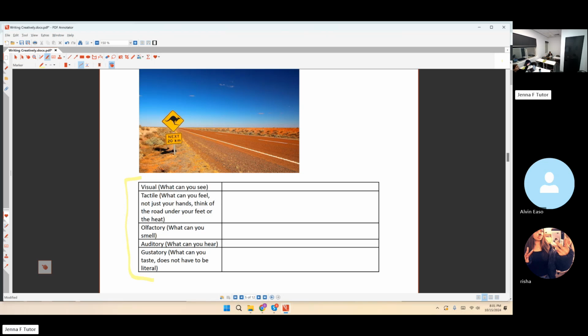So for example, I'm sitting here. When I breathe in, I don't really smell anything too distinctive for me to comment on. If I was trying to describe this room, maybe I could say it's a clean, sterile smell. Or you could say, for example, the smell of sweaty year 12s who forgot to put on deodorant before coming in. Or you could say the smell of coffee. Do you know what I'm saying? Sometimes if you can't do it literally, you can fill in the blanks a little bit. That's what I would recommend.